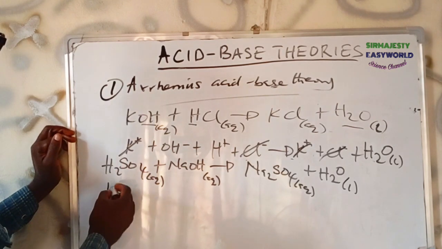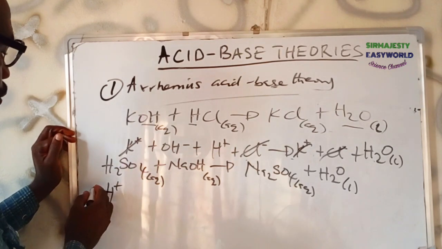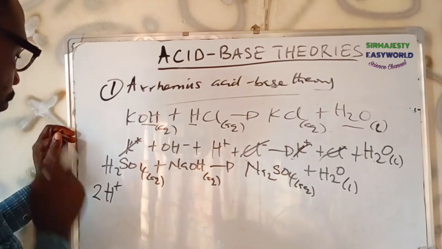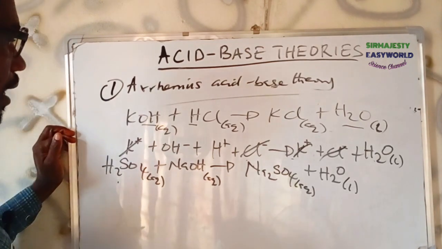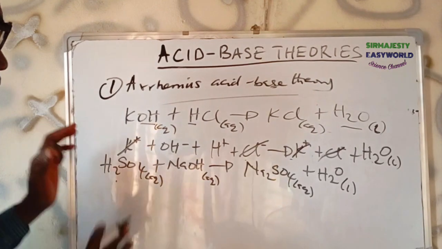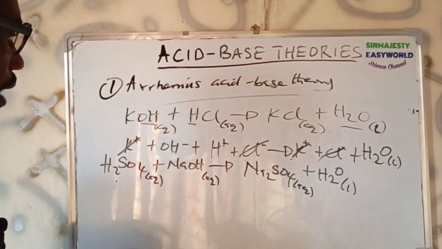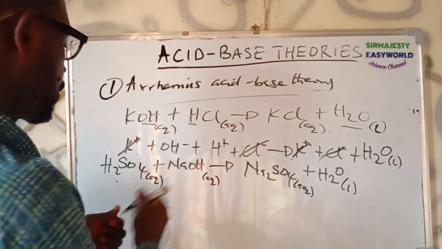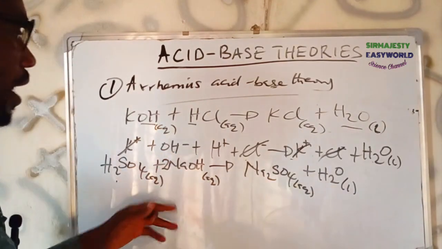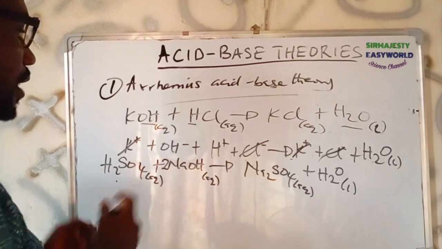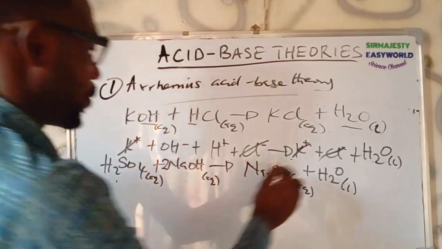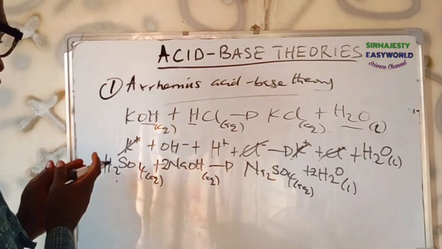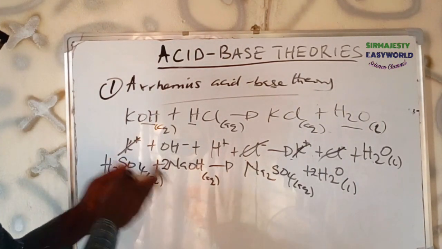This is hydrogen, we write H plus, and this 2 you put 2 behind, then plus, okay, this is not balanced. I have to balance the equation first. Balance the molecular equation before writing the ionic equation. Hydrogen is 2 balanced, sodium is 1, sodium is 2, so I have to do justice to that. I'll put 2 there. That makes hydrogen now on the reactant side 4. I'll put 2 here. That balances the equation such that the mole ratio of acid to base is 1:2.